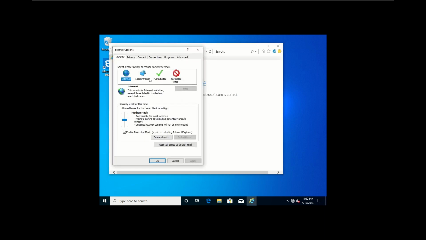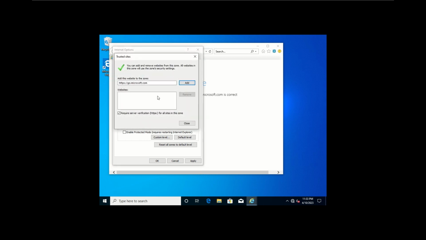Set the security level for internet to medium. Then we'll set the trusted sites security level to low. And then we'll configure the sites for our domain. So let's remove this old one, and then let's add a new one for https